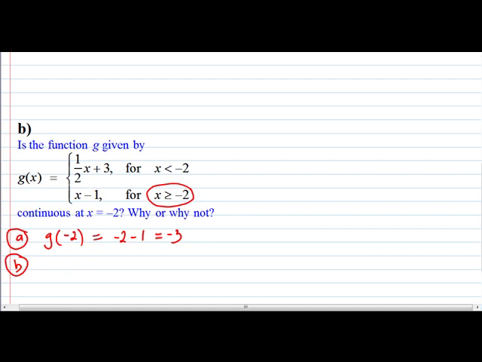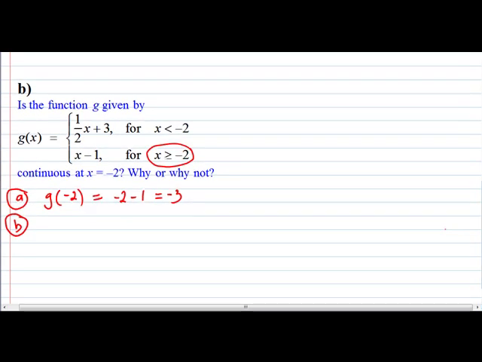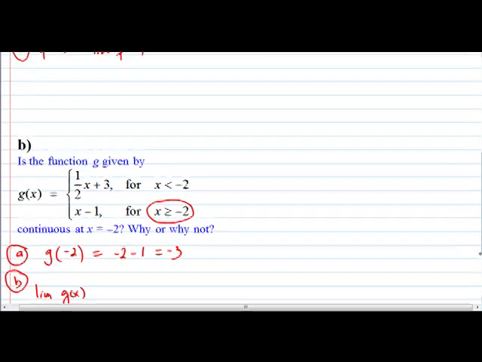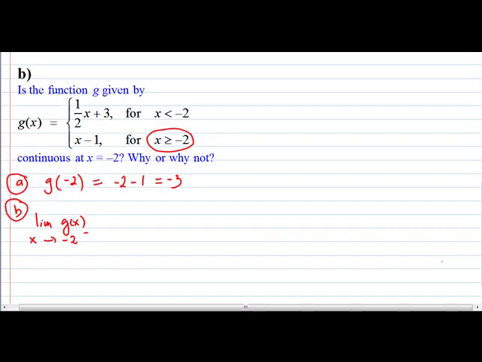The next question is, does the limit exist when x goes very close to minus 2? So first, I'm looking for the limit of g when x goes to minus 2 from the left. Because that's how we find a limit, looking to the left and to the right. Versus part A, where I see that 3 belongs inside my domain, so it's easy for me to include it and get 4. In this case, I have to do a little longer way. So when x goes very, very close to minus 2,